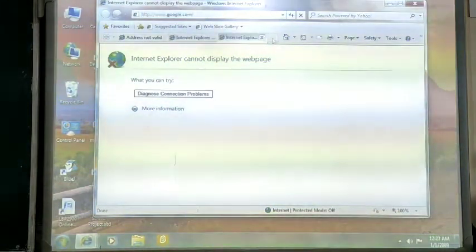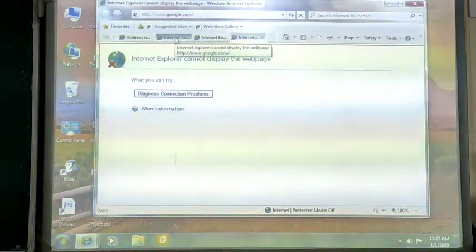In the same way, you can open different numbers of web pages at a time in the same Internet Explorer window.